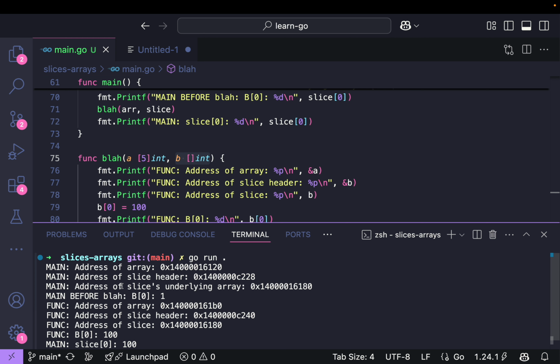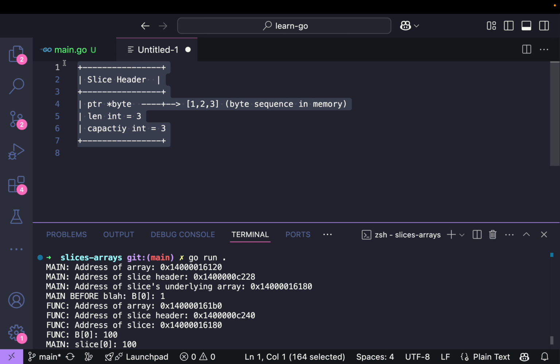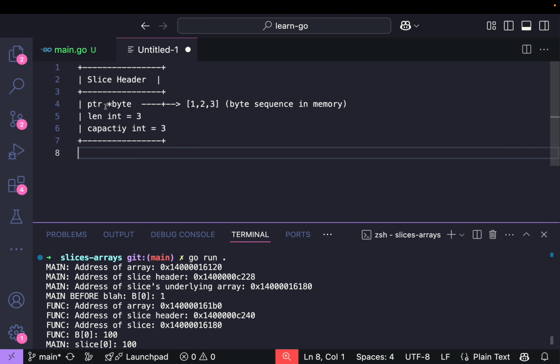What you'll see, the actual underlying address of the slice's data is 16108, and in the function itself is 16180 as well. So the underlying data for our slice header is exactly the same. It's a pointer to the same place in our memory. This is because when you pass in slices, you pass them in by reference. Only the header itself is copied over. So we get a new header, but the actual pointer to the data points to the same bit of data